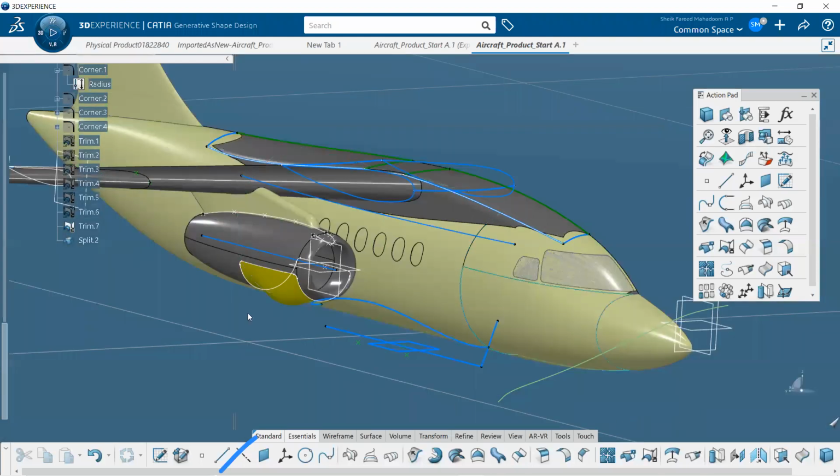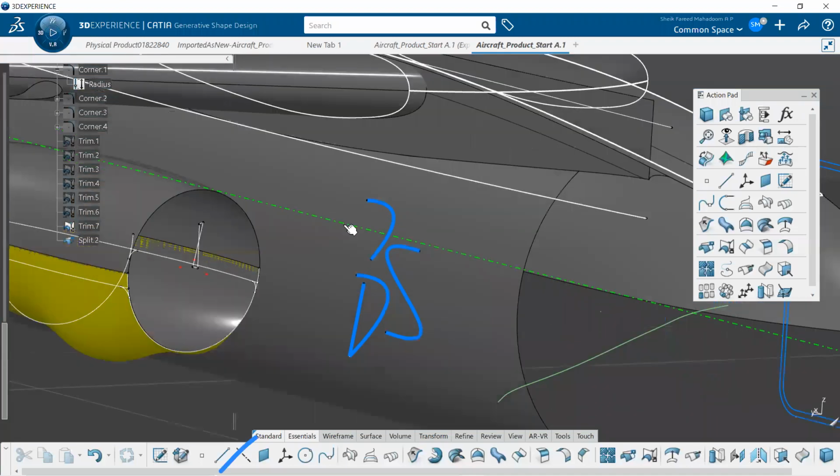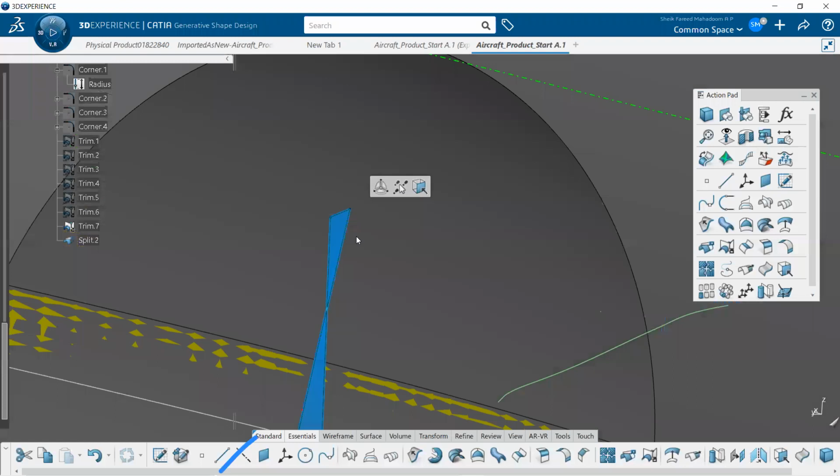So I don't need all the parts. I need only the propeller blade. So I go to the hidden profile, and inside here I can see the blade. I selected this one, hid and showed it, and I selected the profile the same way, hid and showed it, and the points as well.